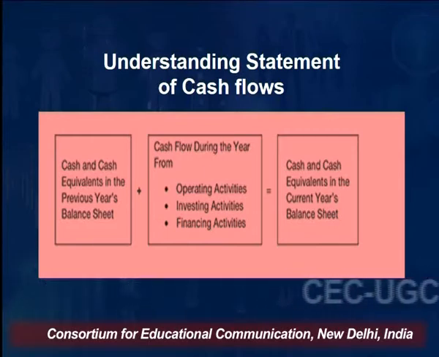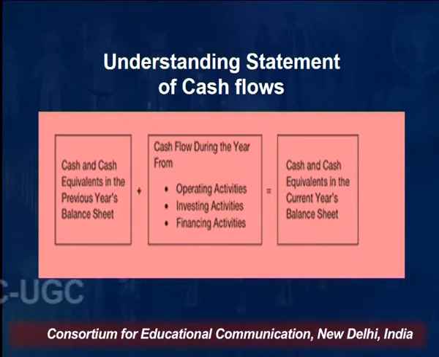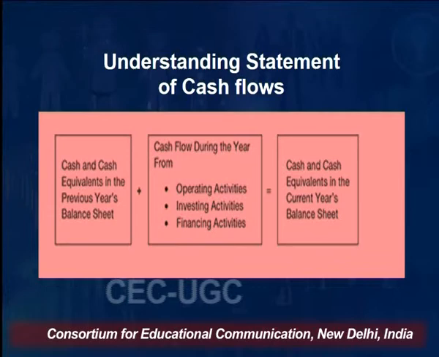You try to find out the cash flows during the year. Across the period, you have to find out the net cash flow under three broad activities, that is operating activities, investing activities and financing activities. And once this cash generated or lost during the year is added to the opening balance of cash and cash equivalents, in an automatic manner you come to know the cash and cash equivalents at the end of the period. So this is the way, my dear students, we prepare the statement of cash flow. This is basically the broad flow chart for the statement of cash flow which we are preparing.